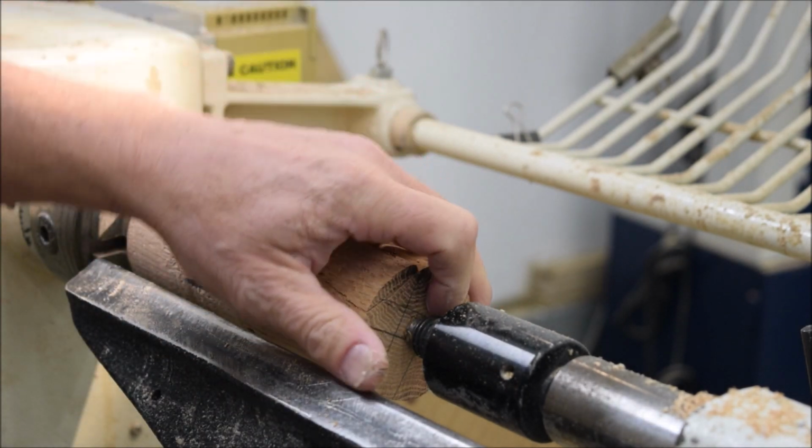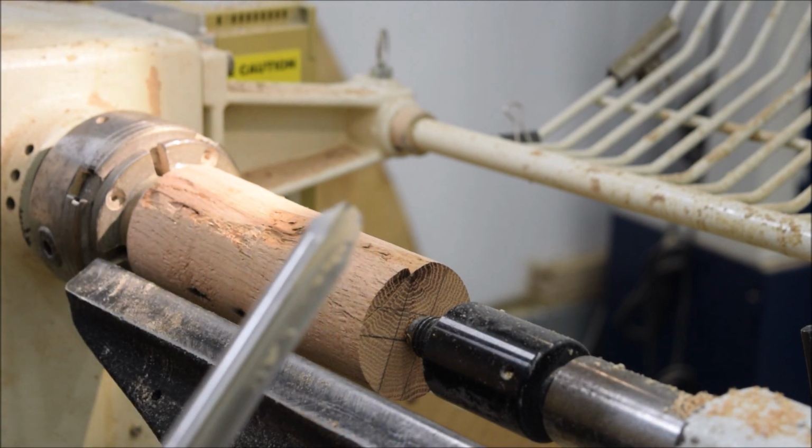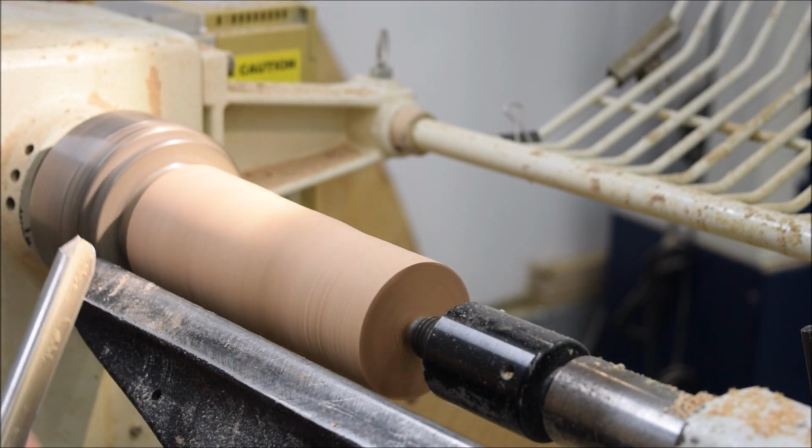I have this on for security. I don't necessarily need the tailstock, but you know, wearing a face shield. Always wear my face shield now. We're going to just,